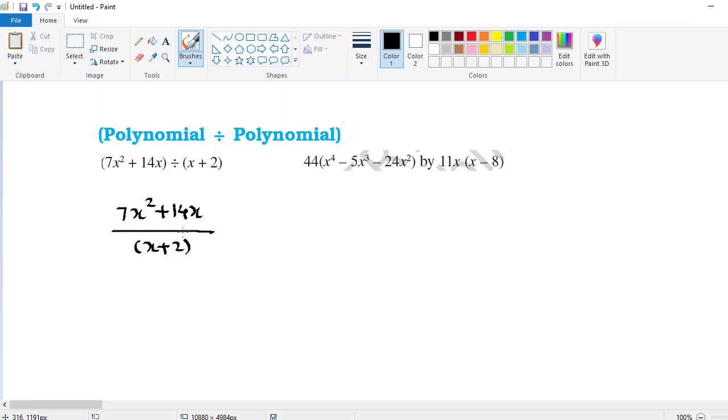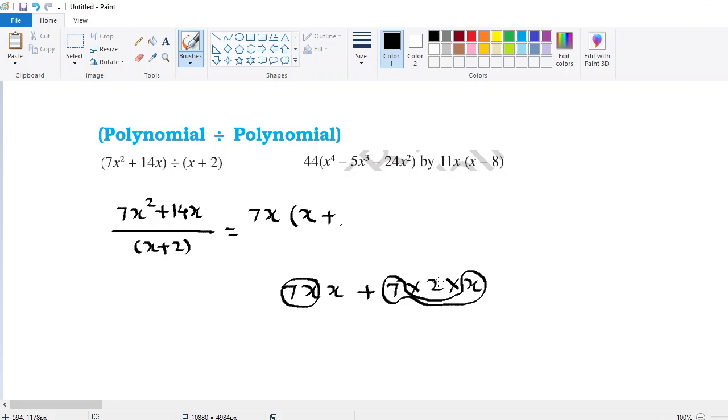If we observe our numerator, we find that 7x can be taken common because 7 and x both are there in 7x square and 14x. 7x square is actually 7 into x into x, and 14x is 7 into 2 into x. Now we are going to write this 7x common outside the bracket. So in bracket we have x plus 2